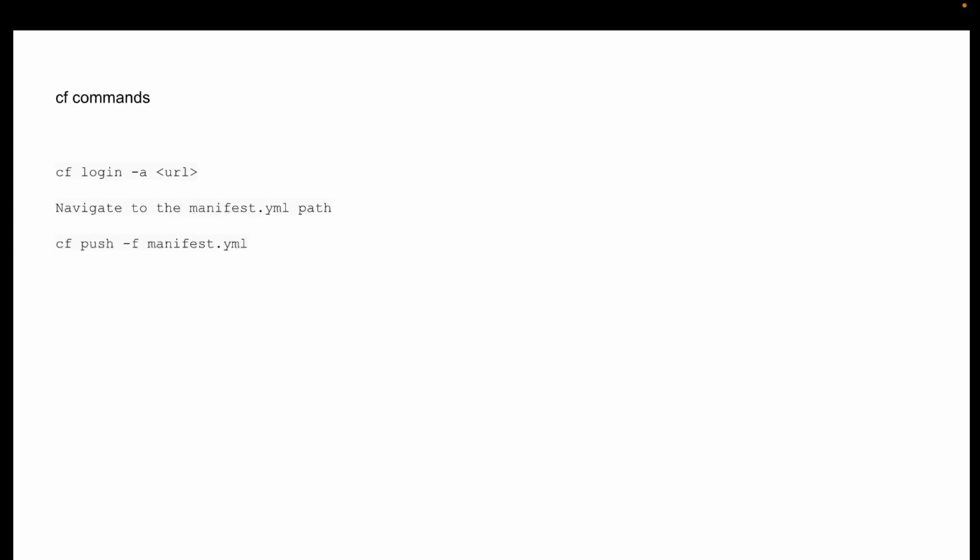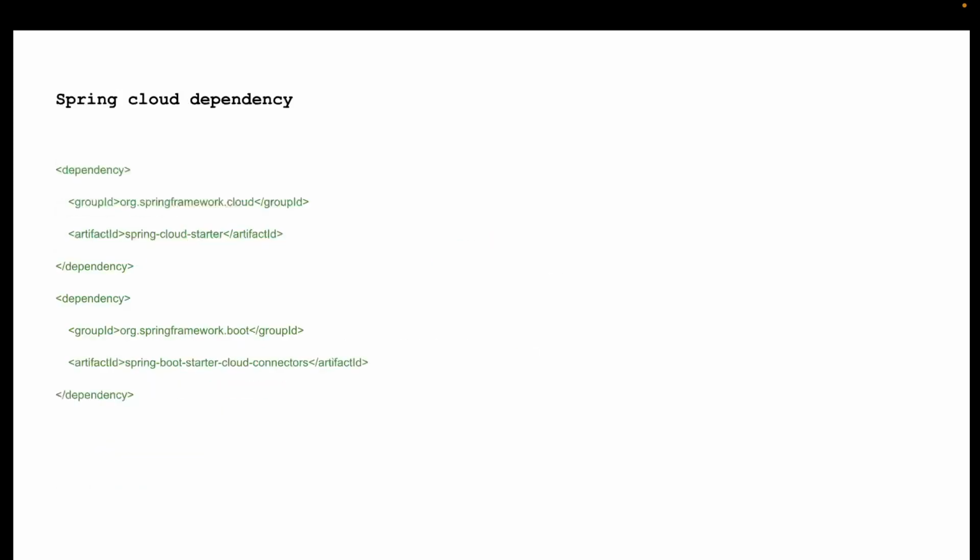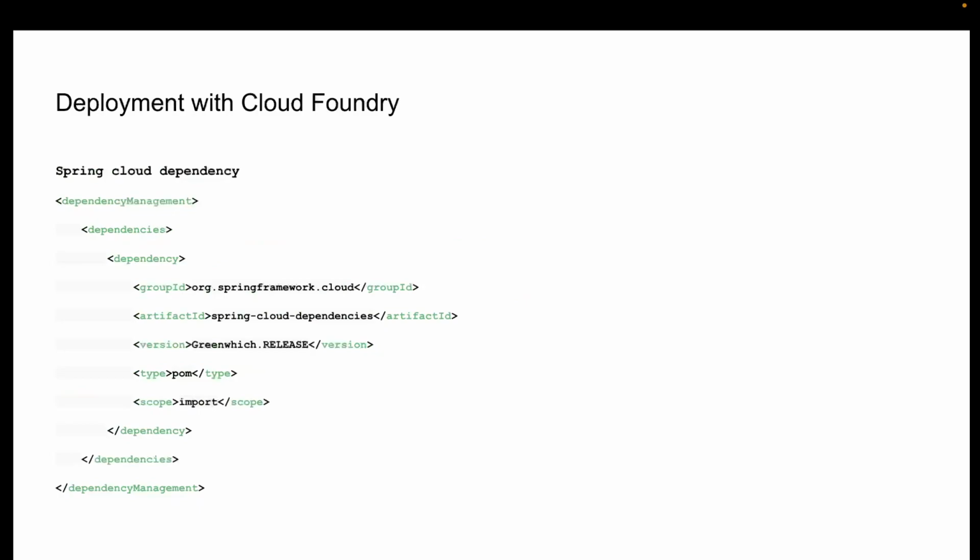But Cloud Foundry is one of the simplest ways, I would say, to deploy your application. The deployment in Cloud Foundry is easy, but Docker and Kubernetes come with their own added advantages. So this is about the deployment of your application onto